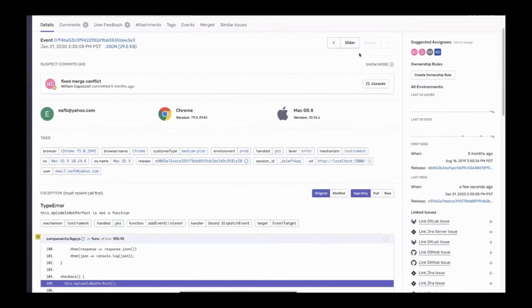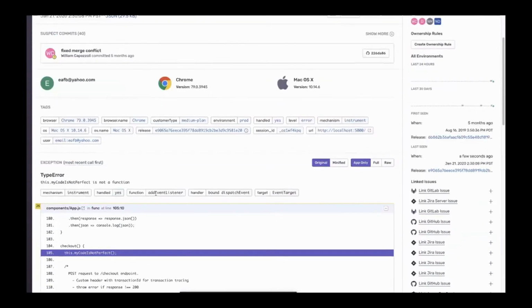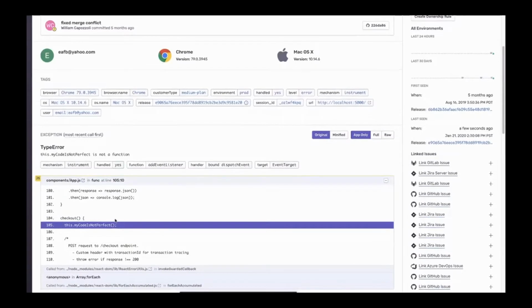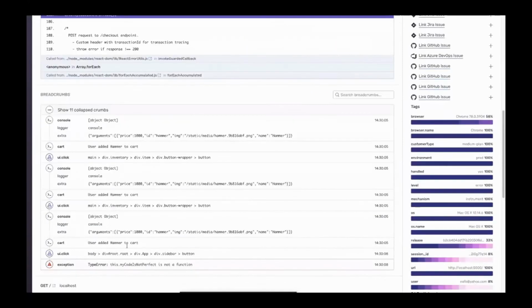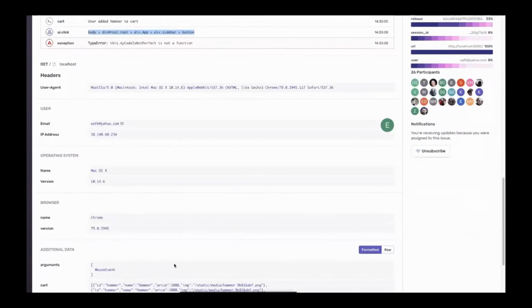You can iterate through all of these errors, see exactly what was going on. But the point here is you have all the details. If you know anything about the stack trace, you can then figure out what to do from there. We'll even tell you what happened prior to hitting the error. So here I hit the checkout button, there was an error, and any other information we can surface, we'll do